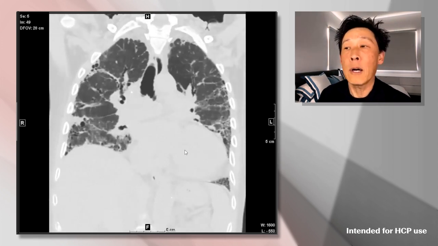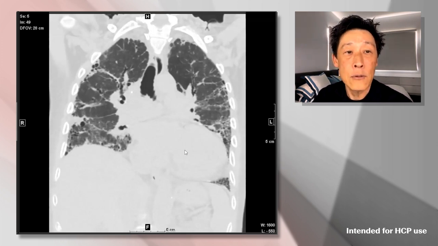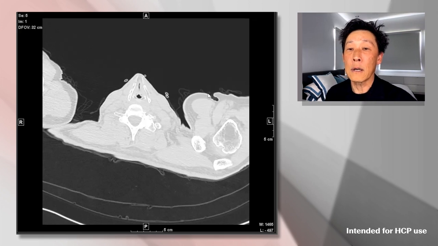So with UIP, you want to first recognize honeycombing. There will be some degree of reticulation and traction bronchiectasis and bronchiolectasis, and the distribution of these abnormalities should favor the lung periphery and the bases. All right, so let's look at another case of UIP. Again, just to reiterate, we want to see honeycombing first and foremost. We will see some reticulation and some traction bronchiectasis and bronchiolectasis. The distribution of these abnormalities should be out in the periphery of the lobes or the lung and favor the lung bases. So let's go ahead and take a look.